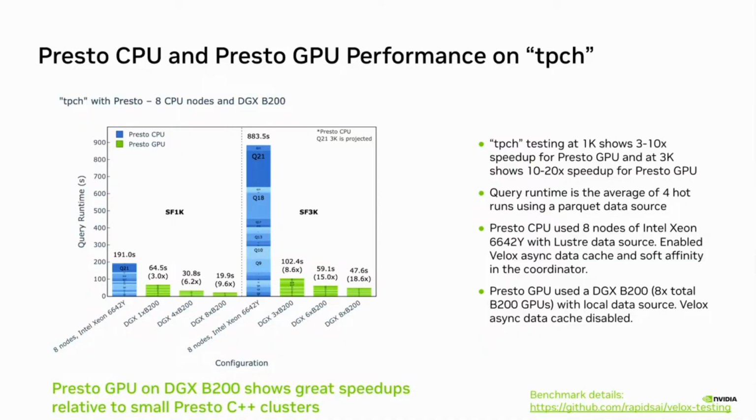Because we can run 1K on a DGX. A DGX has 8 GPUs on it. But you don't have to assign all of them to the job. So you can have 1 or 4 or 8 working on 1K together. And at 3K, we can have 3 GPUs or 6 or 8 GPUs on this DGX working together to complete the queries. And these speedups are in the 3 to 10x range, and we're focused on running as hot as we can in both cases,